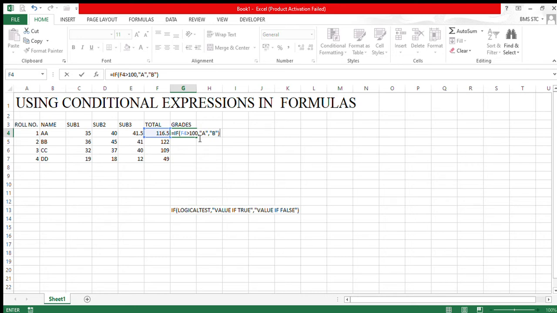So I found the grade of the first student, and if I drag it down, it gives the result of the other students also. Here we can use